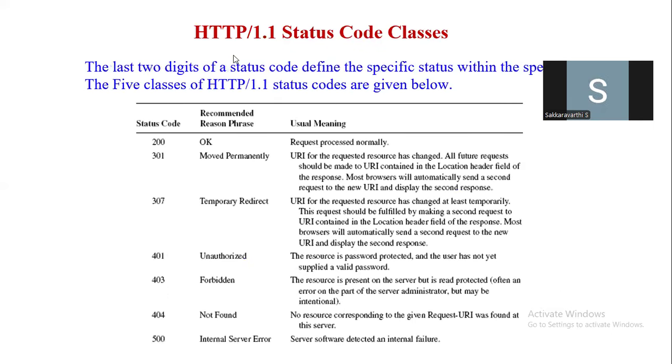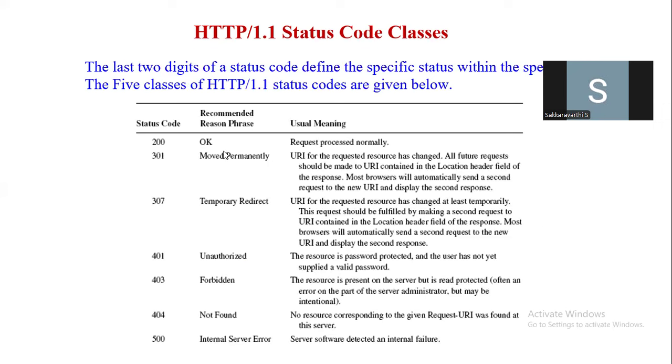Then the commonly used status codes. 200 OK, that is, the request processed normally. 301 moved permanently. 307 temporary redirect. 401 unauthorized. 403 forbidden. 404 not found. 500 internal error. So for example, suppose I am accessing the website www.ritrgpm.ac.in. After entering the URL, suppose I am able to see the home page of the college website, which means here